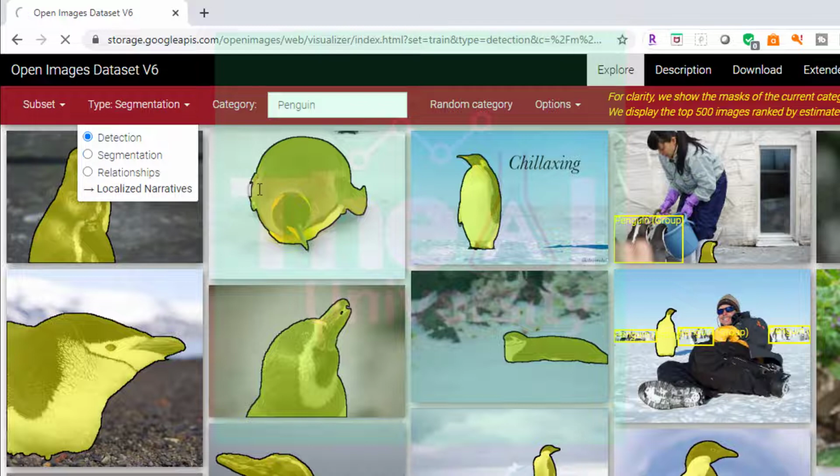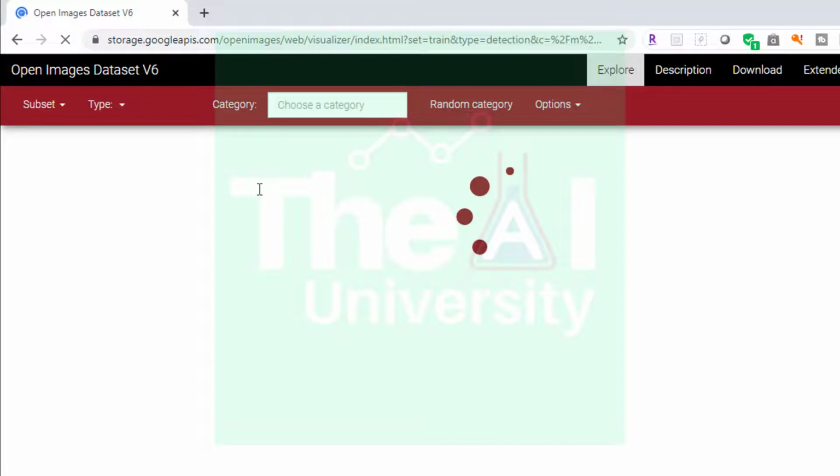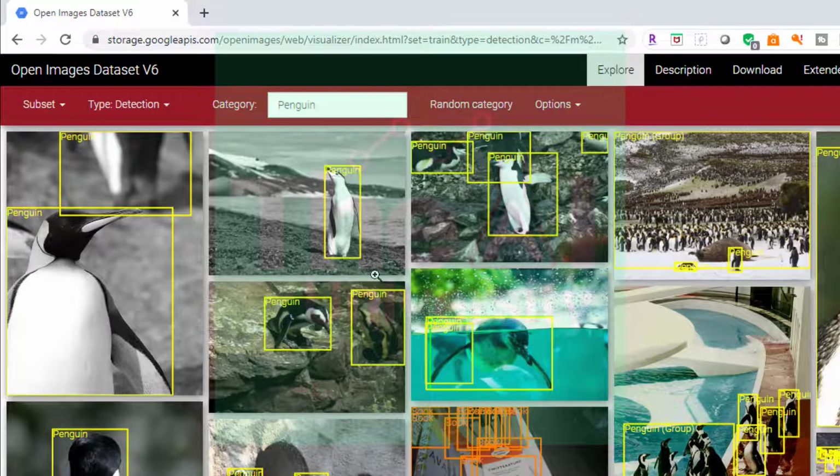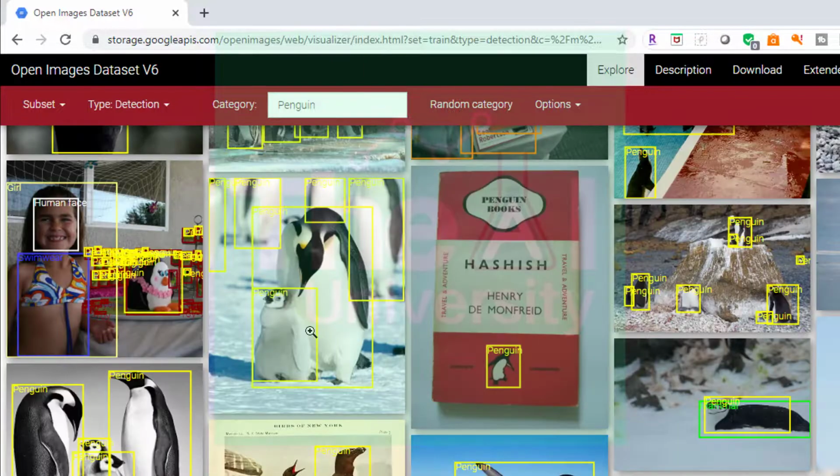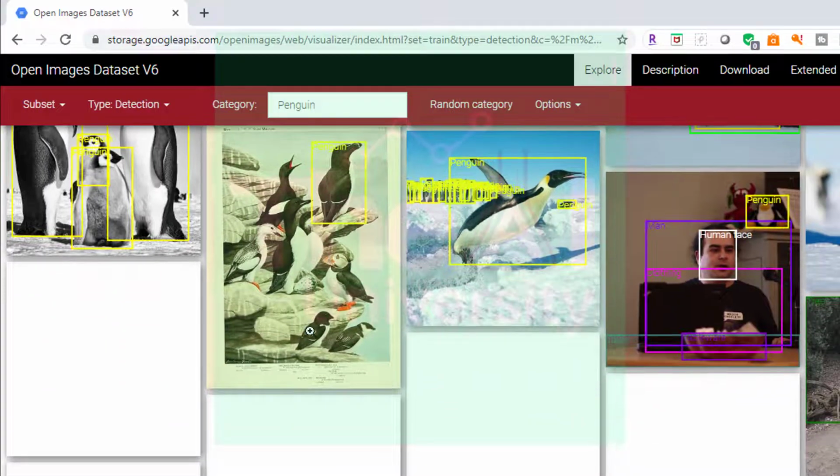Now we are interested in object detection dataset, hence we will choose this detection option. So now you can see the images with bounding boxes that are annotated as well. So you could see that there are penguin images and these are annotated very well here. Bounding boxes along with the text showcasing the label for that particular bounding box.